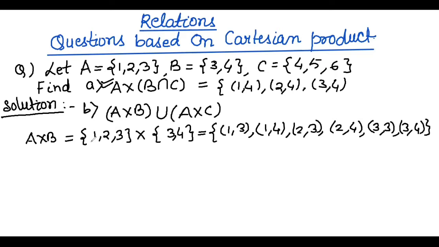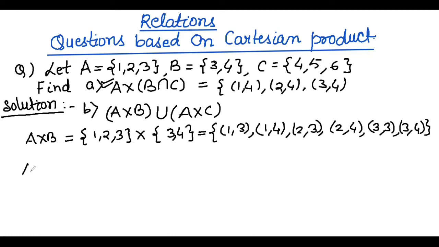Obviously it is very clear. Actually we have discussed in the previous video how to find the number of elements when the Cartesian product is given. So three elements are there in set A and 2 elements in B. The total number of elements in the Cartesian product A cross B will be 3 into 2, that will be 6. So we are getting here 1, 2, 3, 4, 5 and 6.